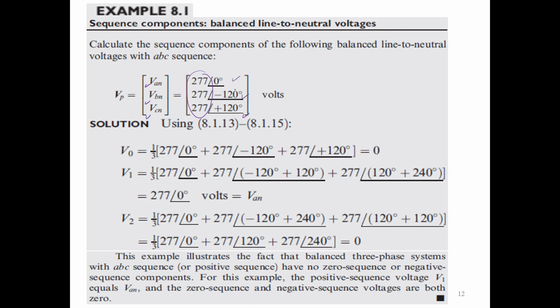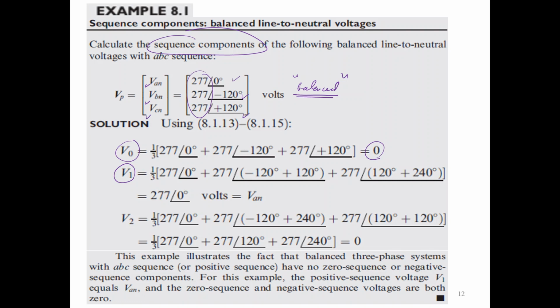So this voltage, VAN, VBN, VCN, is balanced. If these are balanced and you want to find the sequence component, what you would see is that the zero sequence is 0, and V1, which is the magnitude of the positive sequence,